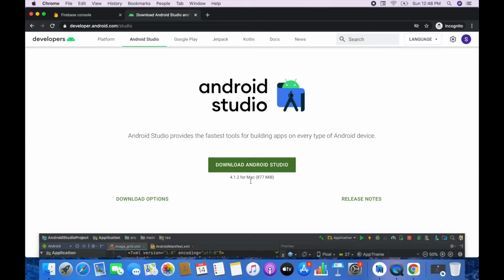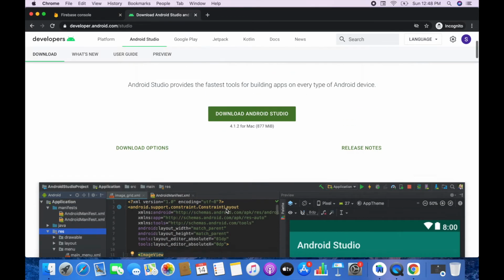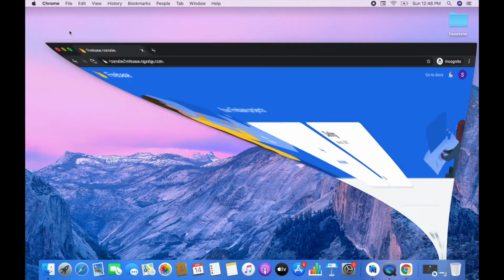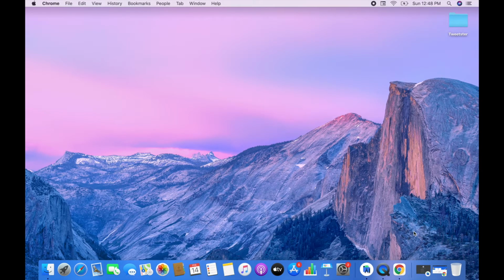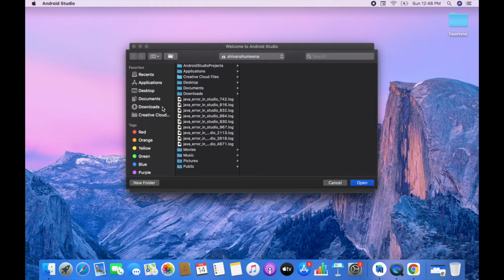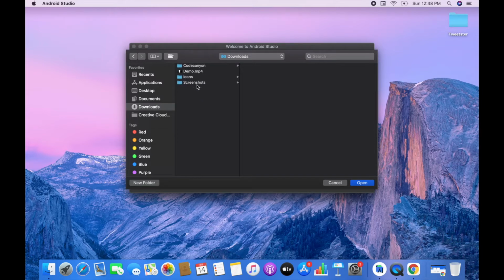It's easy, and after downloading you have to install it. These are easy steps, you can do it. And still I'm including the video in the documentation, so you can follow that also. After downloading and installing it, once you open it, you will see this kind of screen. Now you have to click on open existing project, then choose the project wherever it is saved,